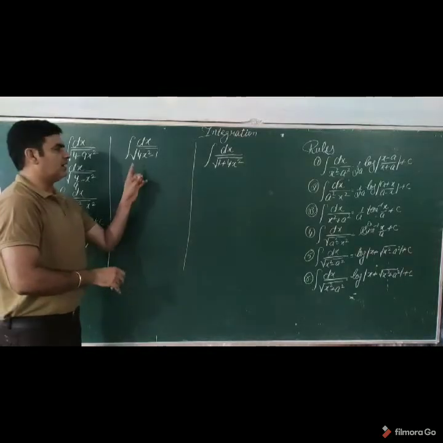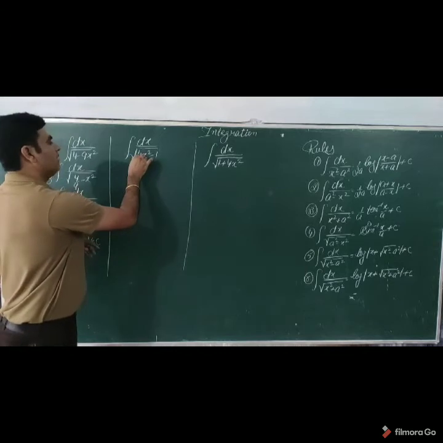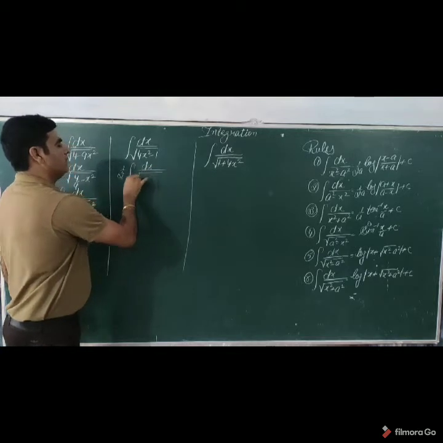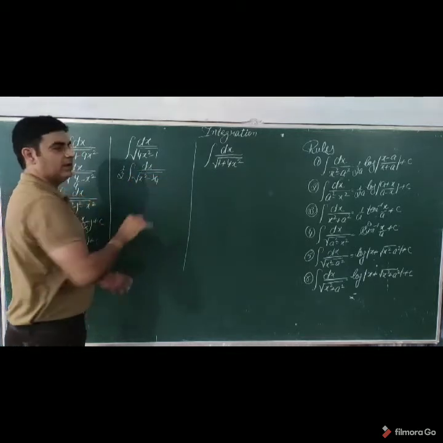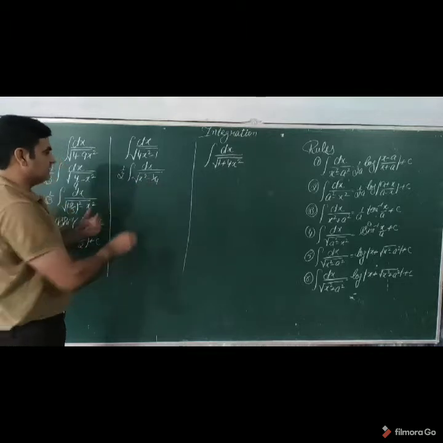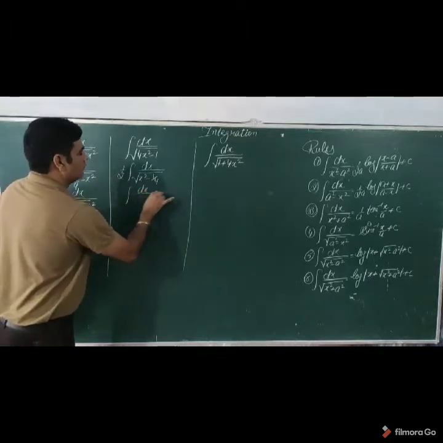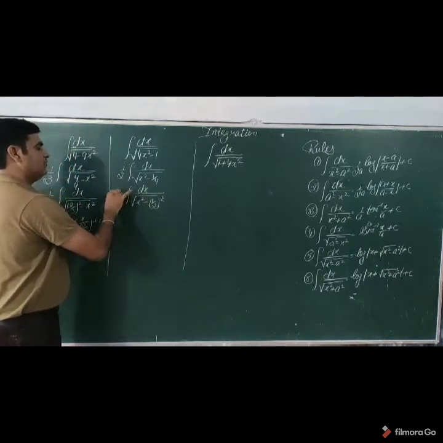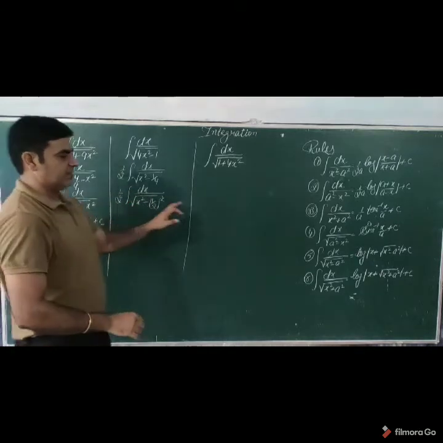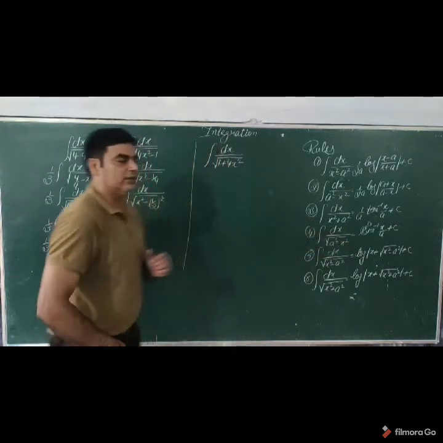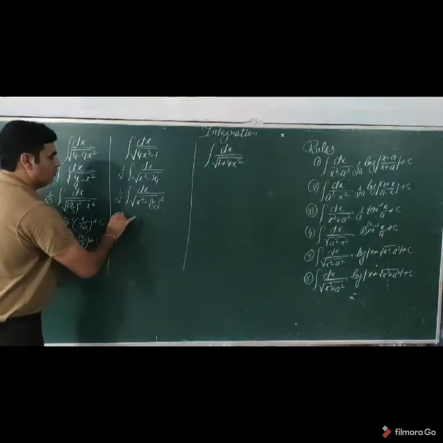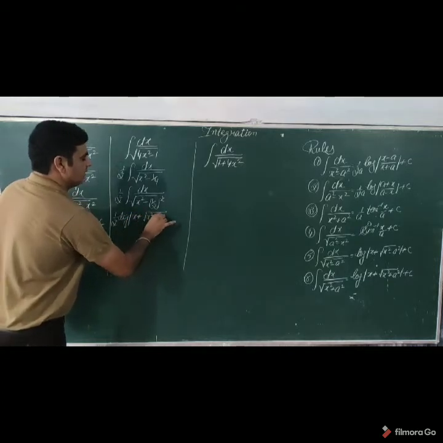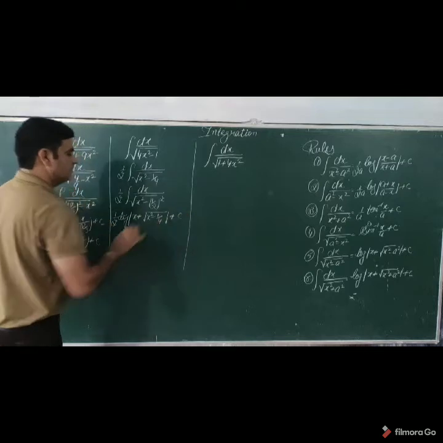In the next one, again the coefficient of x square is not 1. So taking 4 common outside the square root, it becomes 2. dx divided by, under the square root, it becomes x square minus 1 by 4. This is a perfect square, it can be written as the square of 1 by 2. x square remains the same, and it is a square of 1 by 2. Now it becomes the square root of x square minus a square. Rule number 5, this one. So applying this one, log of x plus square root of x square minus a square, plus constant. This is the final answer.